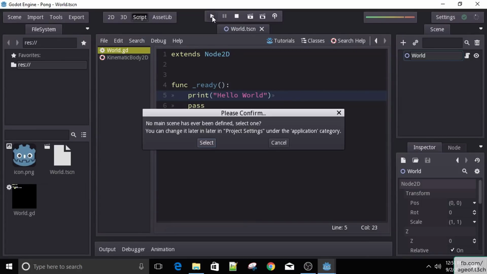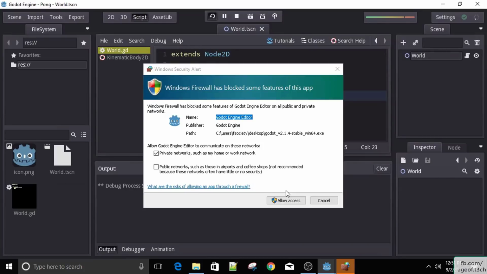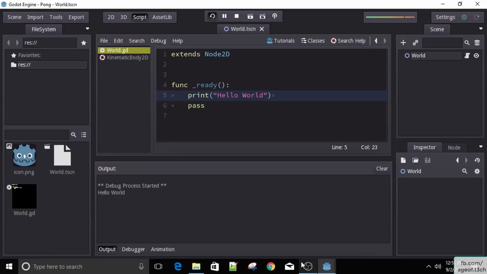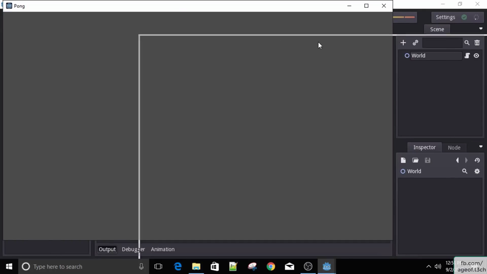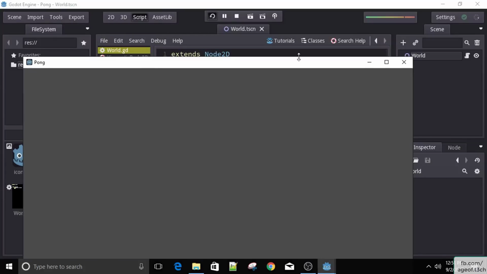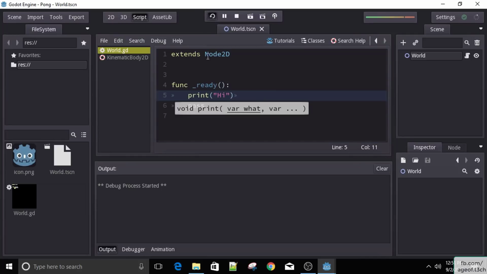Then if we just save this and run, we need to select the main scene, which is our only scene we have, the world scene. Okay, allow access. Now the game started, there is nothing, just a blank game, but here we have in the output hello world. We can of course change this to say hi. If I save and run now,